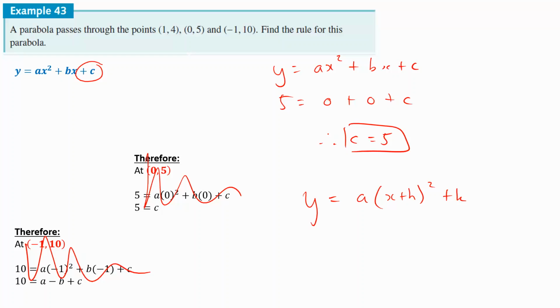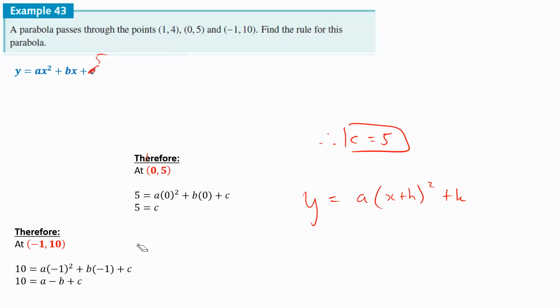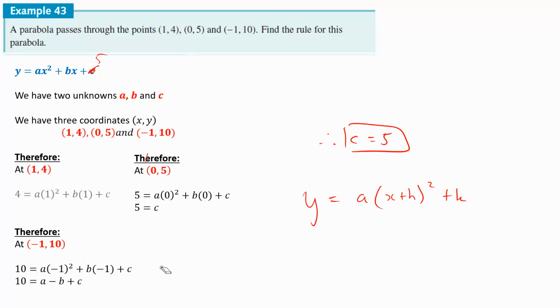Okay, so how do you use it? We just found out what c is. C is equal to 5. So now I know c. You still have another 2 coordinates, and you're back to exactly just like the previous example. If you sub 1, 4 in and negative 1, 10 in, this is what it looks like. So I've got all the coordinates. Notice how I'm substituting them in. I sub 1, 4 in, I get an equation. I sub negative 1, 10 in, I get an equation. I get 0, 5, I get an equation. What you'll end up with